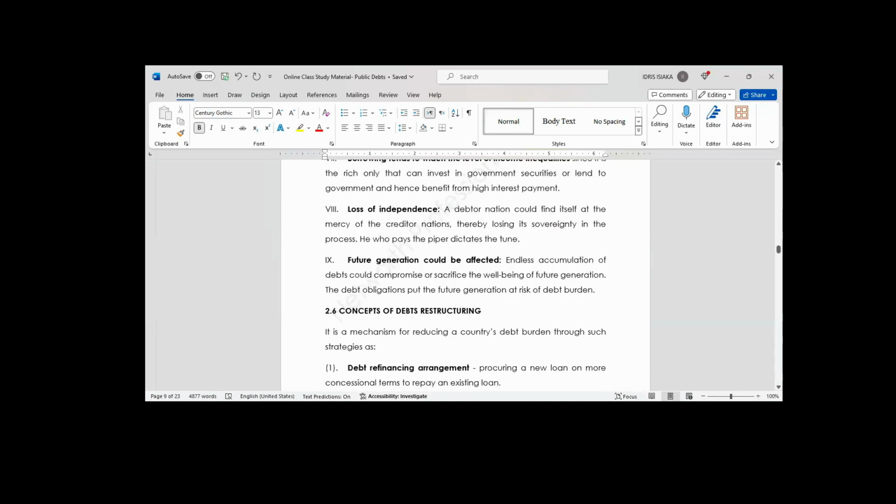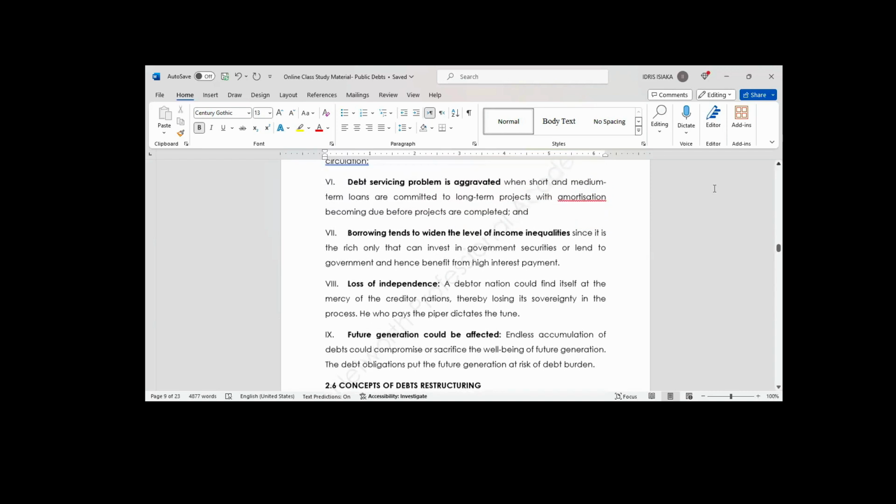So those are the problems. Another problem: loss of independence. When you go and borrow from the USA, Nigeria will become their slave indirectly because we are owing them. We lost independence because we may not have power to pay the loan. We have become their slave. So all these are problems,